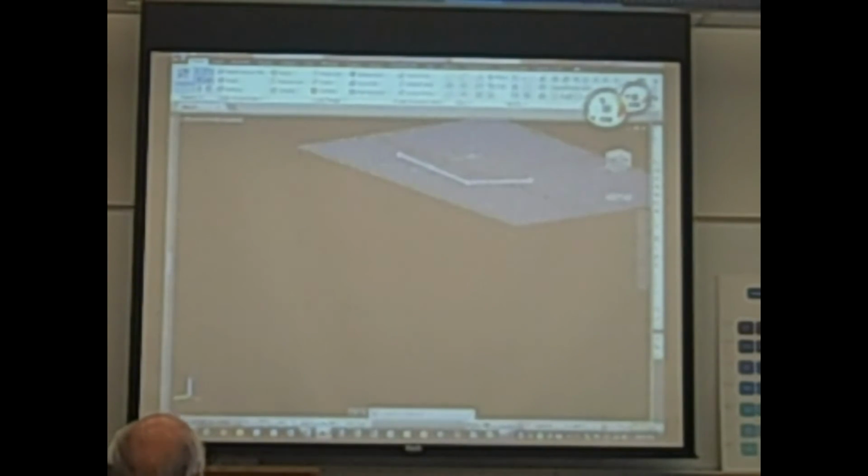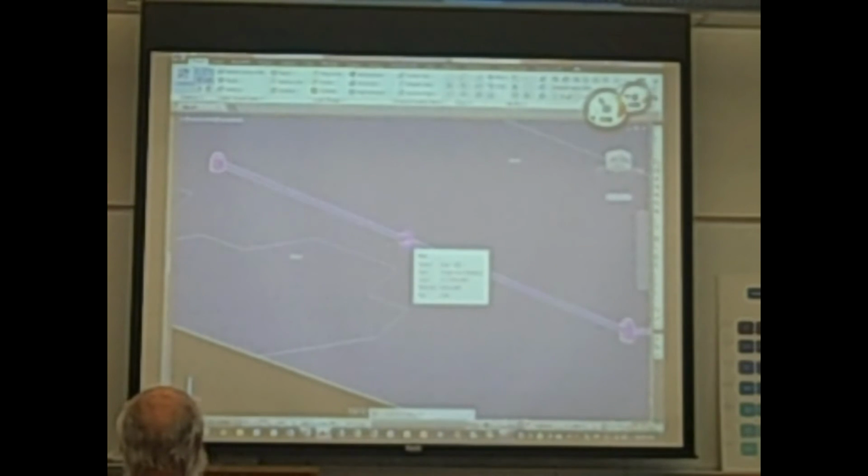There they are. Right? So those objects that, again, S's and lines are in fact the actual 3D object that I'm trying to